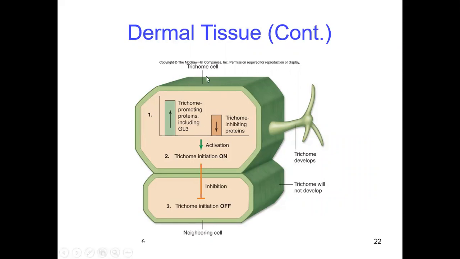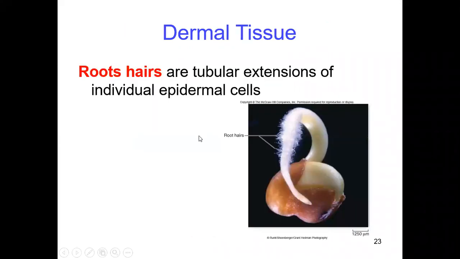So this is not in your syllabus, but how the genes contribute to the formation of trichomes. So there is some kind of GL3 protein responsible for the trichome initiation here. If there is an increase in protein formation, there is an increase in trichome height as well as number. If the gene is deactivated, switched off, then there is no formation of trichomes. But if the gene is present, then this kind of protein is formed, and then trichomes are formed here. So it can be controlled by the gene.